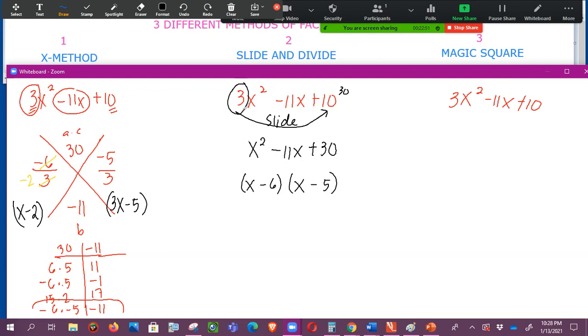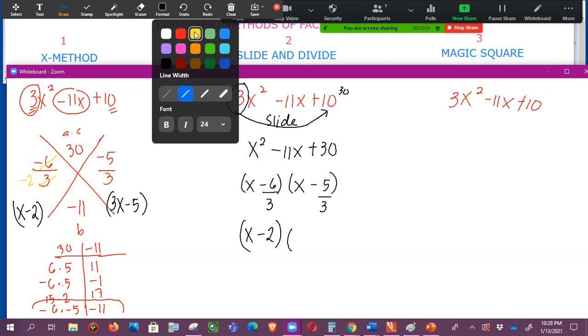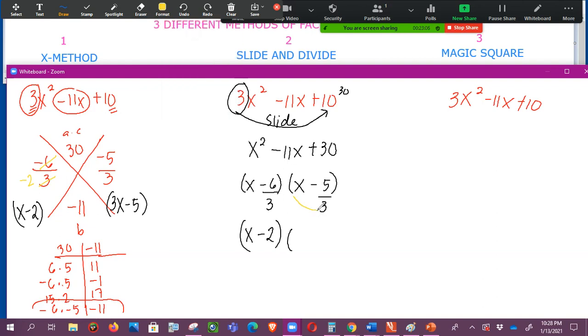Now, take your a value and divide it by the factors. So you will have x minus 2, and the other one is, since there's nothing that we can do in 5/3, just pull up 3 in front of x, so your answer would be 3x minus 5. So this is your answer for number 2, for using slide and divide. For magic square,